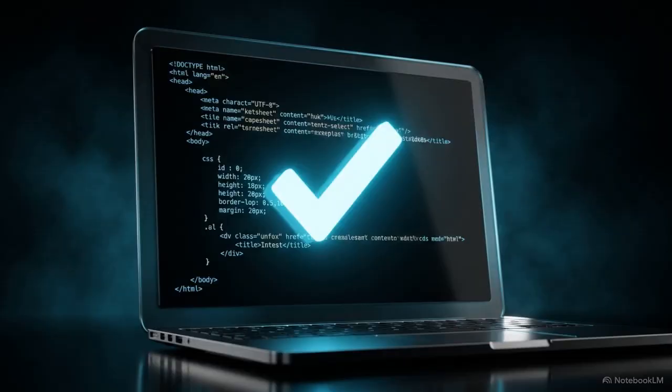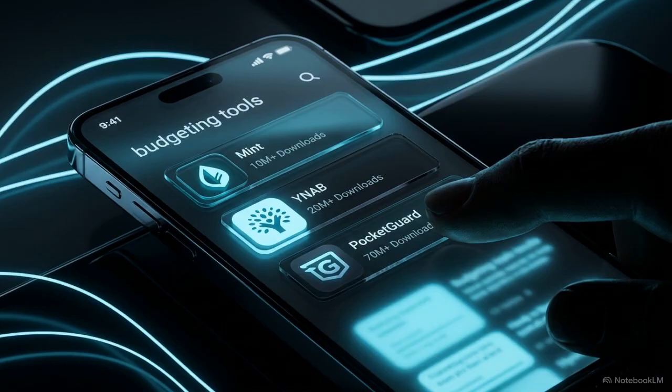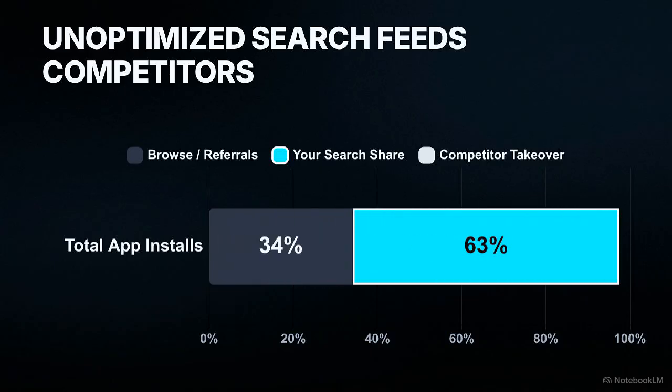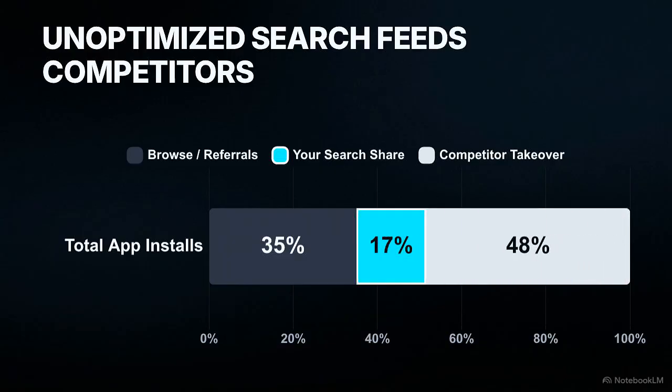Your app isn't struggling because of bad code or poor design. It is struggling because the systems that control user traffic literally cannot see it. This bar chart breaks down where app downloads come from, showing that 65% of all installs originate from a direct keyword search. If your text fields aren't precisely calibrated for those queries, you forfeit that massive slice of traffic directly